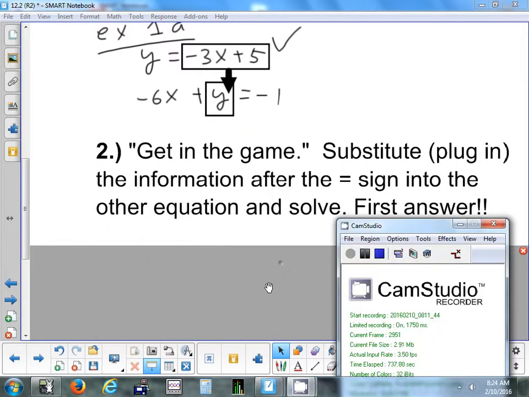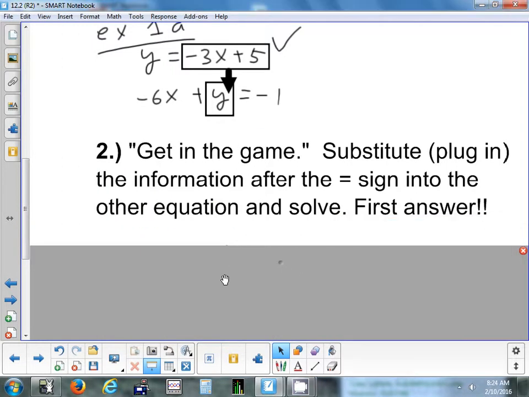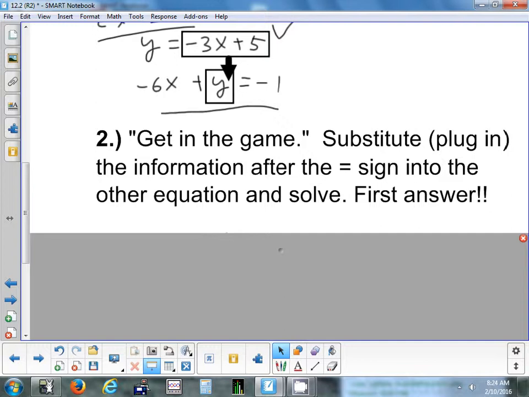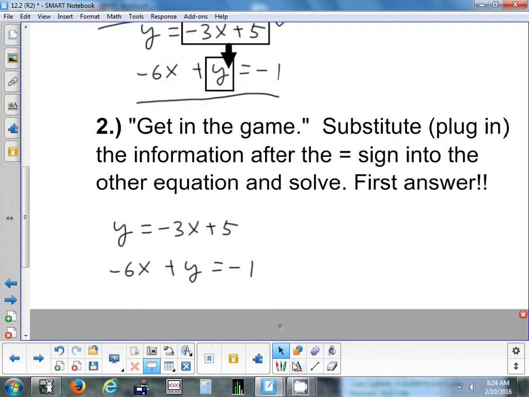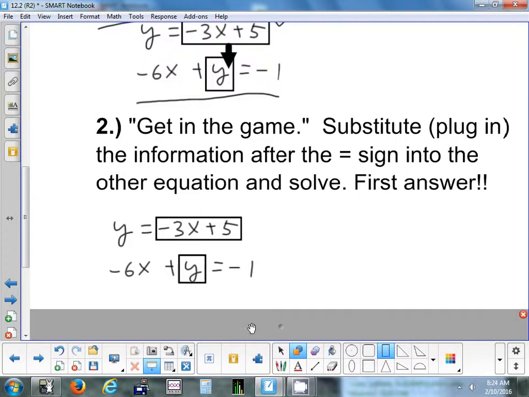So that negative 3x plus 5 is what is going into the game, right? We're going to say this equation down here, that's the game. This is the big game. So this negative 3x plus 5 is ready to come into the game. Everything I do for this part is based on this equation. This is the game. So I'm going to start with